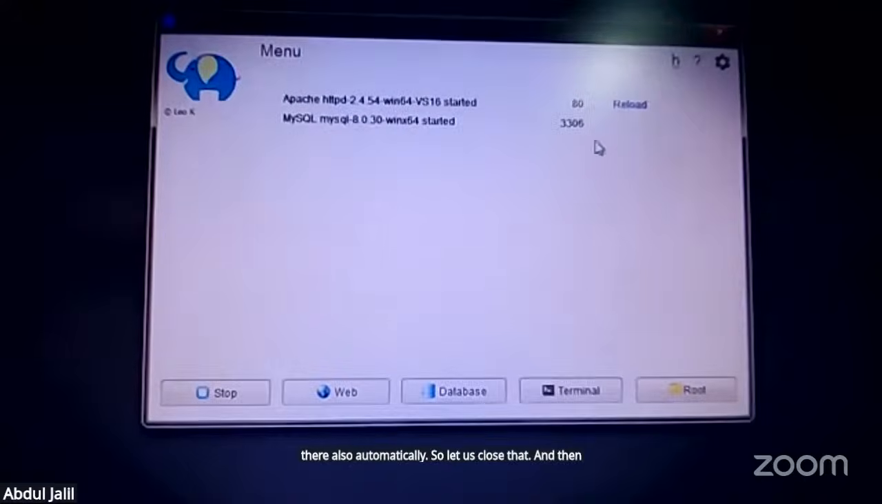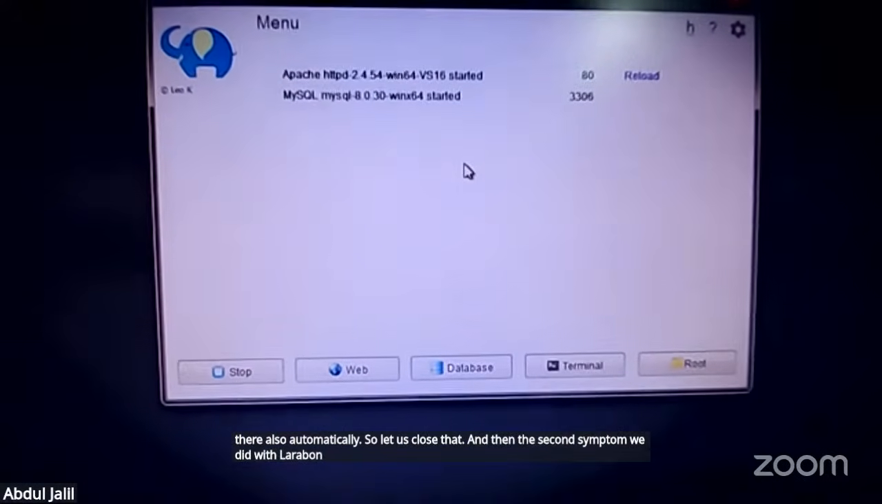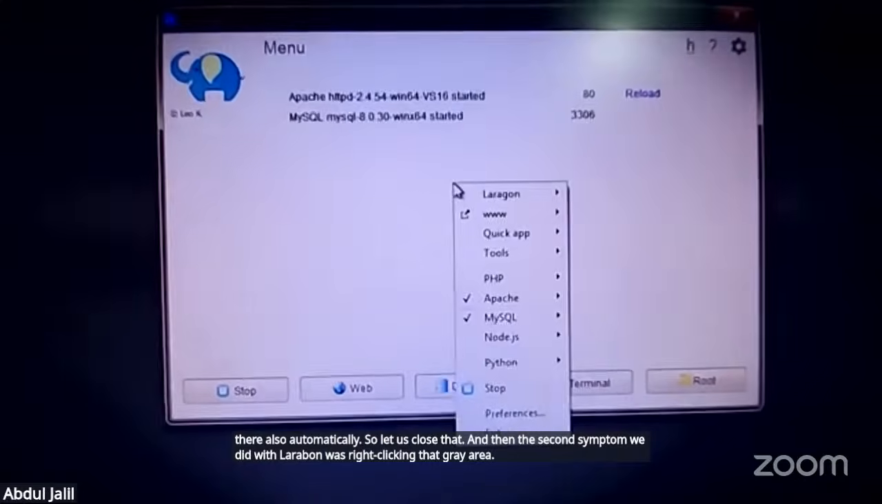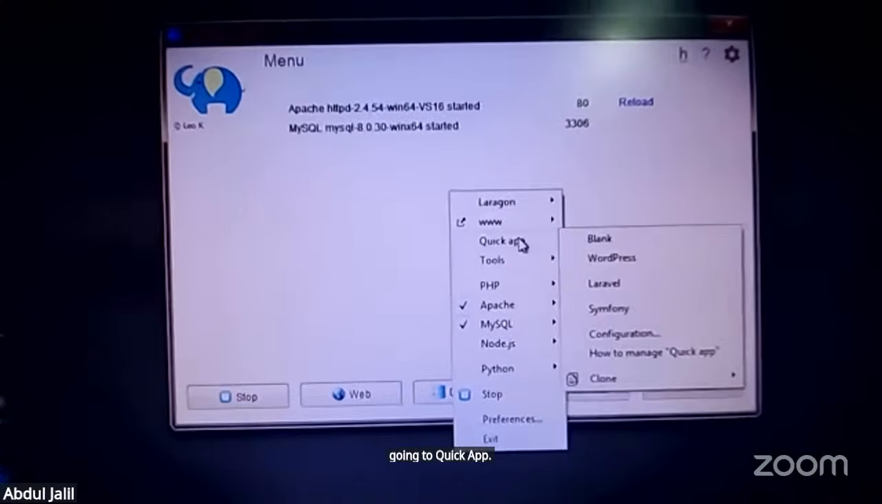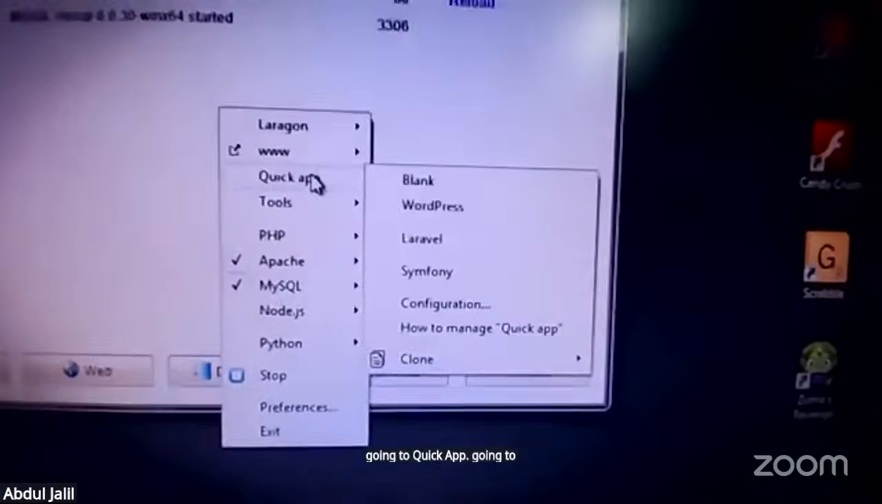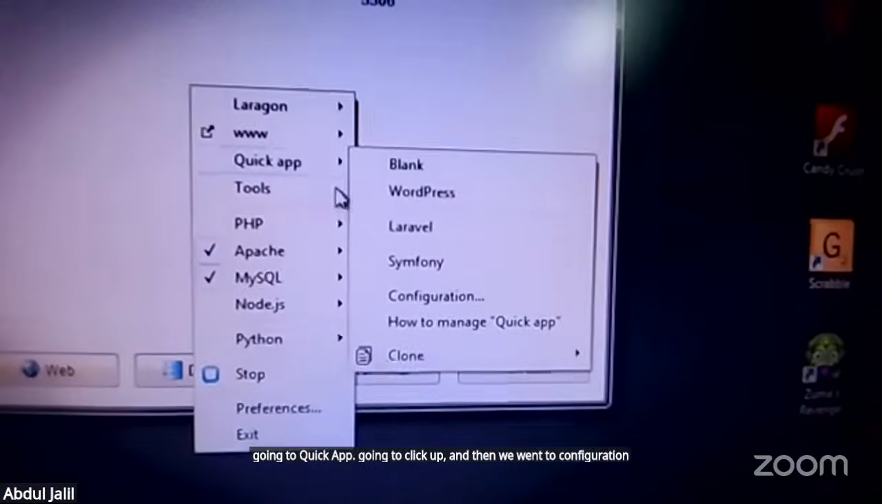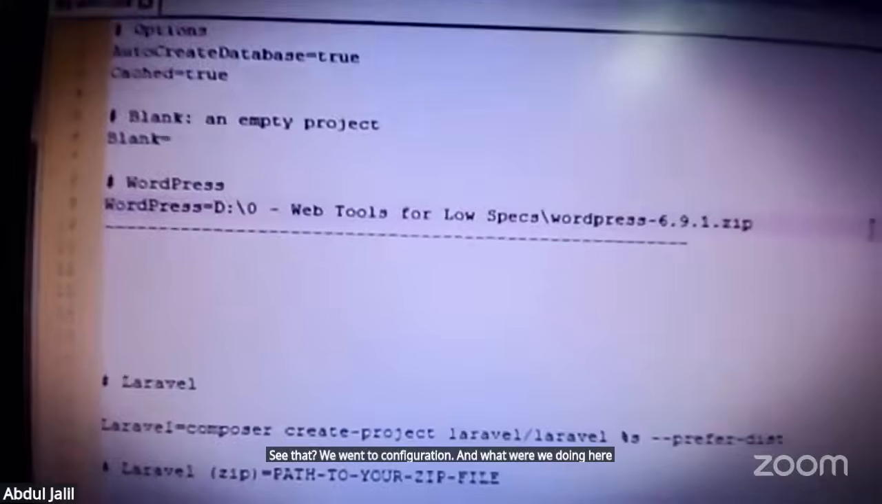And then the second setting we did with Laragon was right-clicking that gray area, going to Quick App, and then we went to configuration. See that? We went to configuration. And what were we doing here? We were changing the path where Laragon is supposed to,